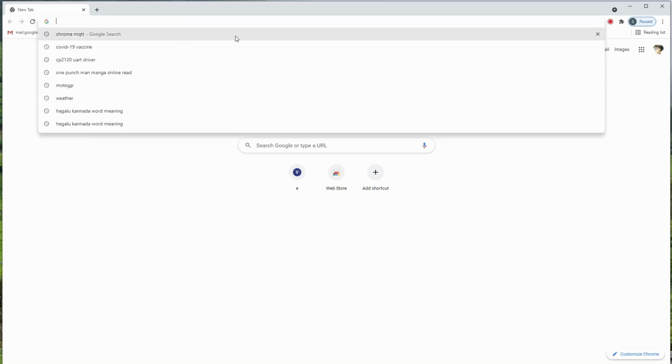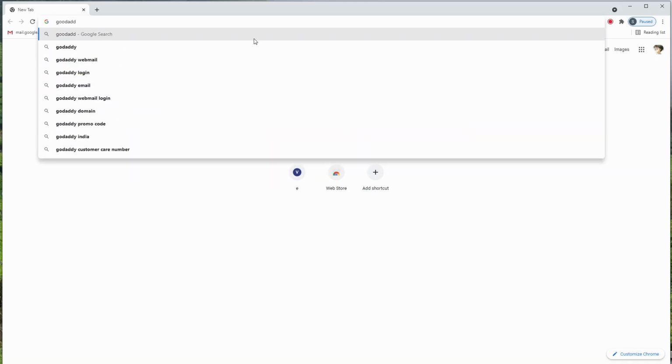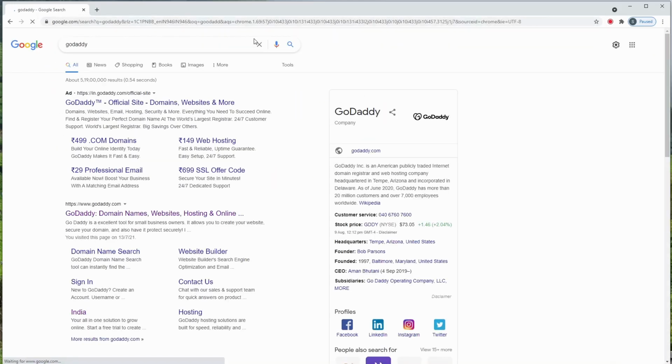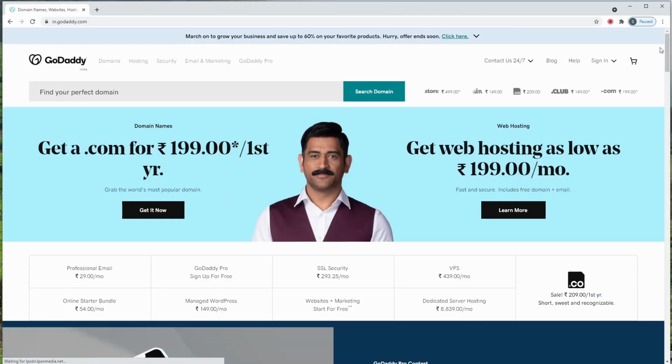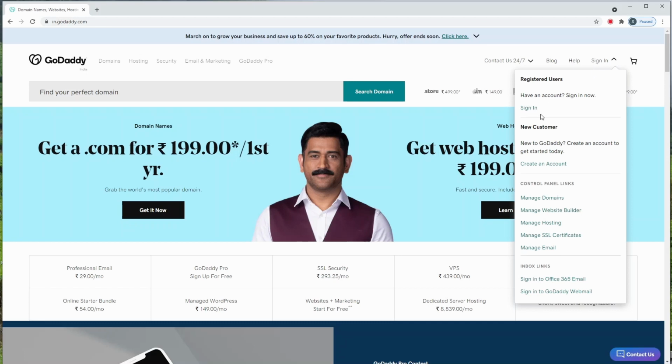I generally have been using GoDaddy for some time. They're pretty good, their service is really good and their customer support is also really good. So once you come here, let me sign up and create an account.